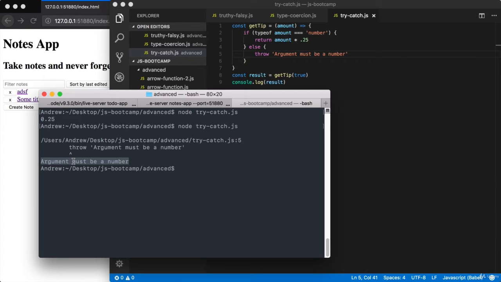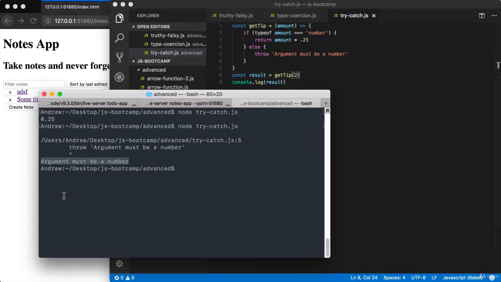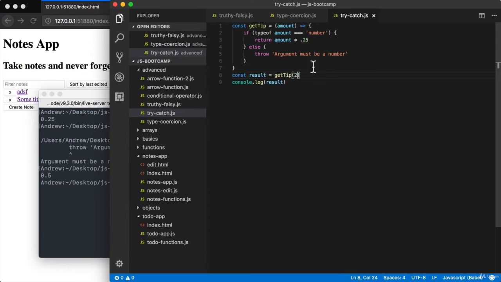So when I see this, I can say, oh, I must have passed in something else. I can go back over here. I could adjust that, let's say to the number 2, for example. Then I would be able to rerun the script. The error is fixed, and I'm getting a result that actually makes sense. So using a combination of typeof with throw, we're going to be able to add type checking into our